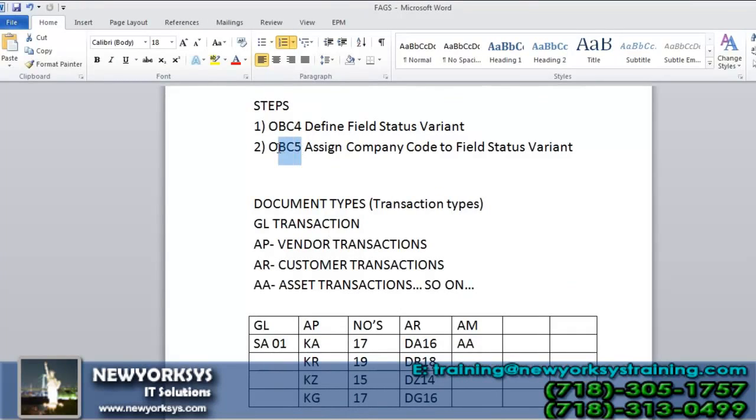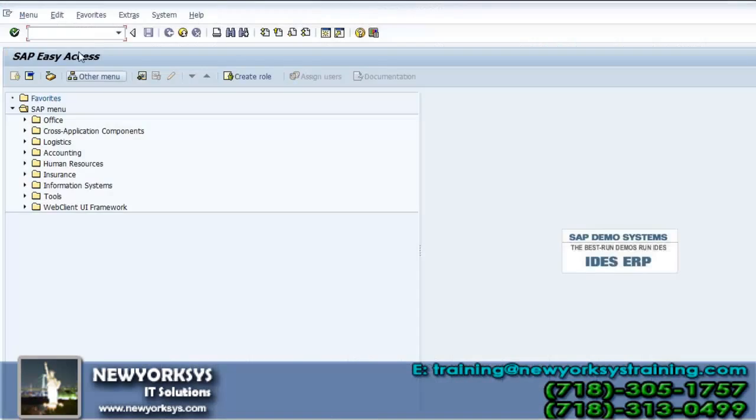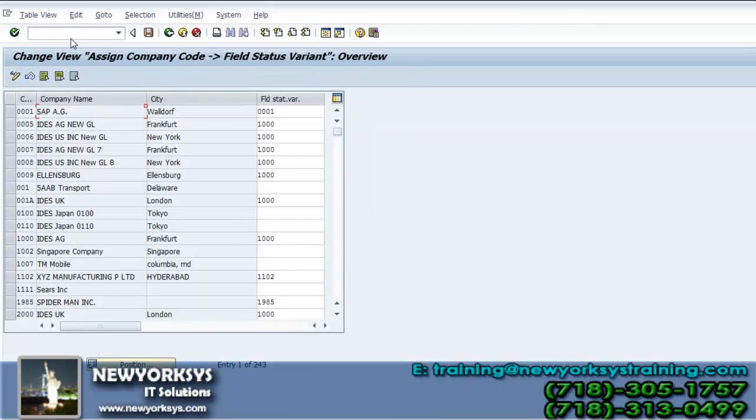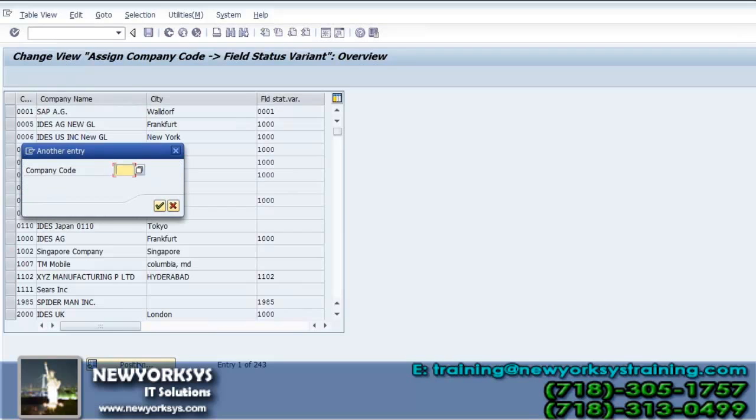Now assign company code to field status variant. The transaction code is OBC5. Here, selecting the position button or searching my company code RPL1.